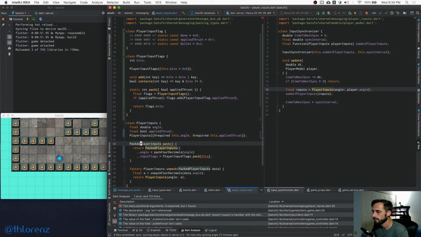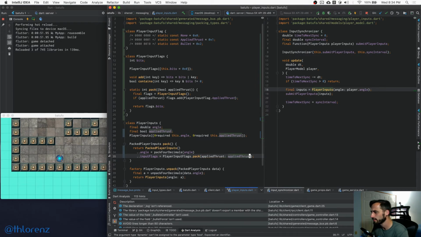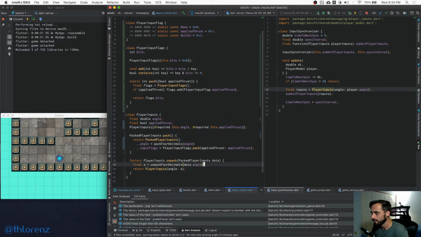And so then we can say here this. So we just pass in. And now I think it's a little more code, but it's much cleaner, right? Because this thing has nothing really to do with the entire player inputs. And now when we unpack, we can basically say